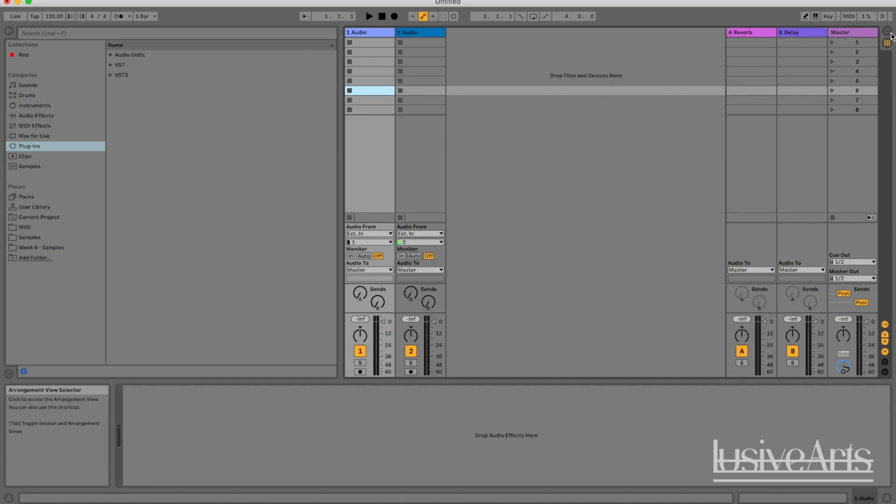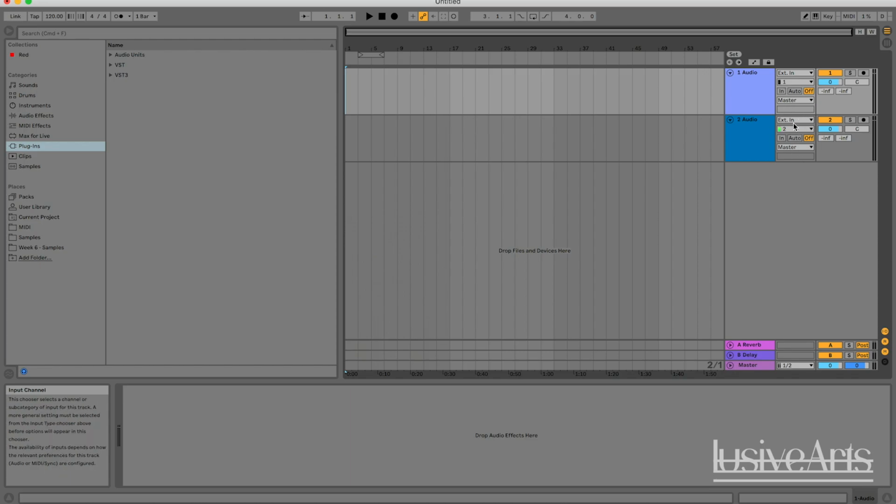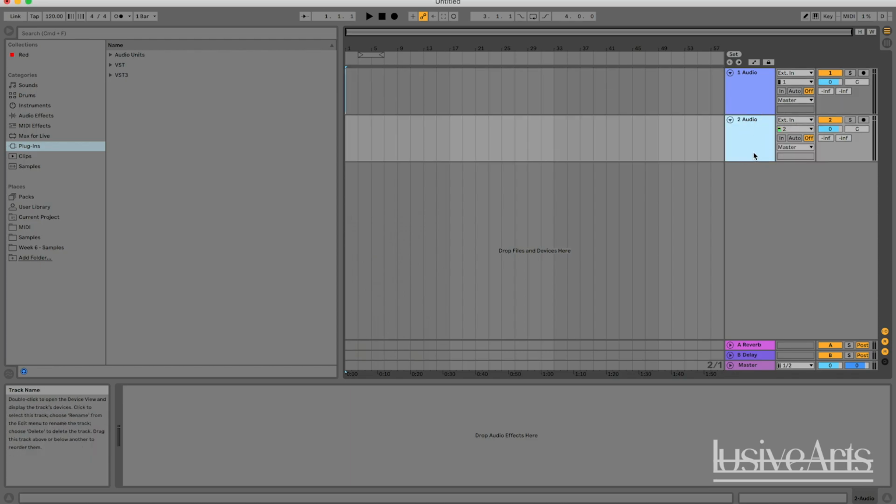What I'm going to do is show you quickly how to record, and then I'm going to record some sounds. I like to record in the arrangement view so I can see what's going on as I'm recording. That way, you can actually see the timeline and where the waveform spikes are. To record in Ableton, once you've got all your preferences set up like I showed in the last video, and you can see that your microphone's working and it's set to external in on an empty audio track,